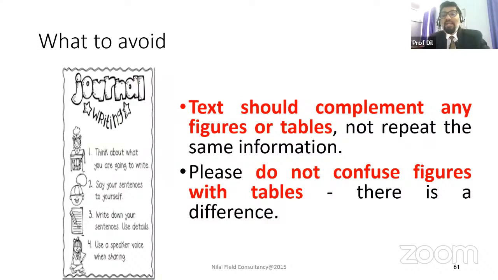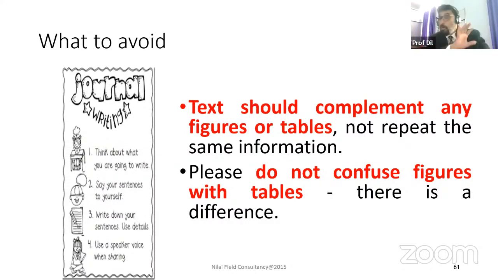Text should complement any figures or tables. That means if you put a table, don't forget you have to write a paragraph. Don't put a table alone in the paper. Every time you write a table, immediately what is in the table should be incorporated below. If a figure is coming up, please incorporate the same thing, a little paragraph. So I'm seeing many articles where you just put the tables and likewise, and there is no further explanation of it.